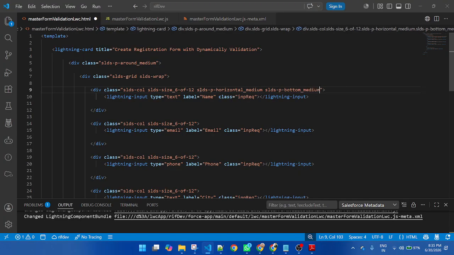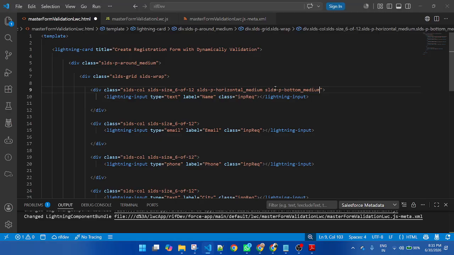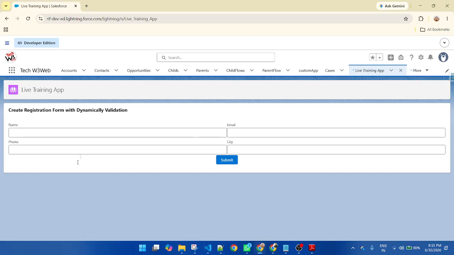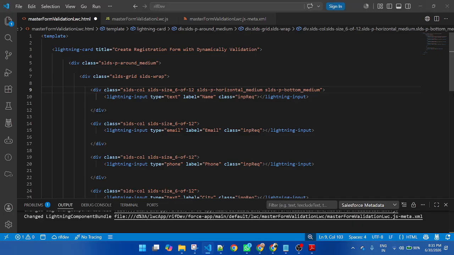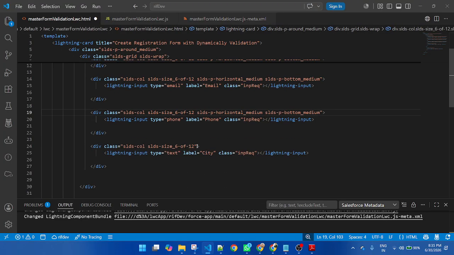So it will give a horizontal space, that means between the two input fields, and slds-p-bottom will give space at the bottom of the input field, that means between row one and row two. Okay. So I need to copy both classes and simply paste them here for all of the input fields.